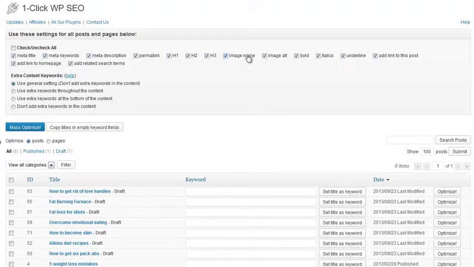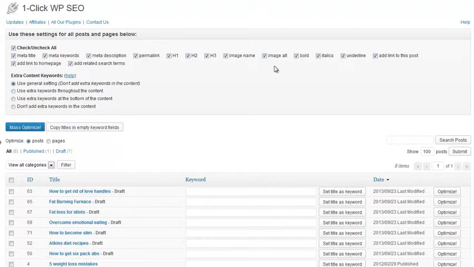Up here you can see all the SEO factors you can optimize your posts and pages for. You can select them all or unselect them or choose which ones you want to use. The plugin will add the keyword you are trying to optimize your content for in the meta title, the meta keywords, the meta description. It will make the URL of your content be yoursite.com/your keyword. It will add the term in H1, H2 and H3 tags. It will rename the first image in your content. For example, if your keyword is dog training, the first image will be renamed to dog-training.jpg or whatever the extension of the image was.